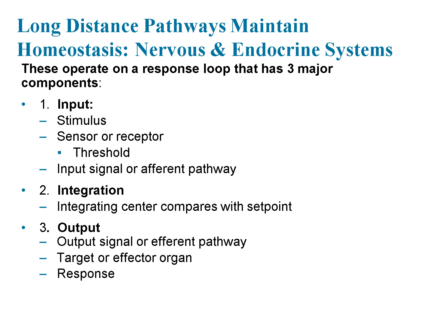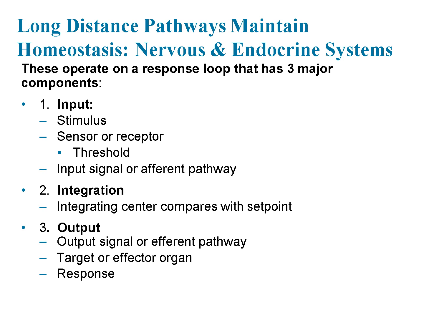Sensors have a threshold, meaning they only generate a signal when the stimulus reaches a certain intensity. Once detected, the input travels through an afferent pathway toward the next step in the loop. The input signal reaches an integrating center, typically in the brain or another regulatory organ. Here, the signal is compared to a set point, a reference value that represents the body's ideal conditions. If the stimulus deviates from the set point, the integrating center decides on an appropriate response.